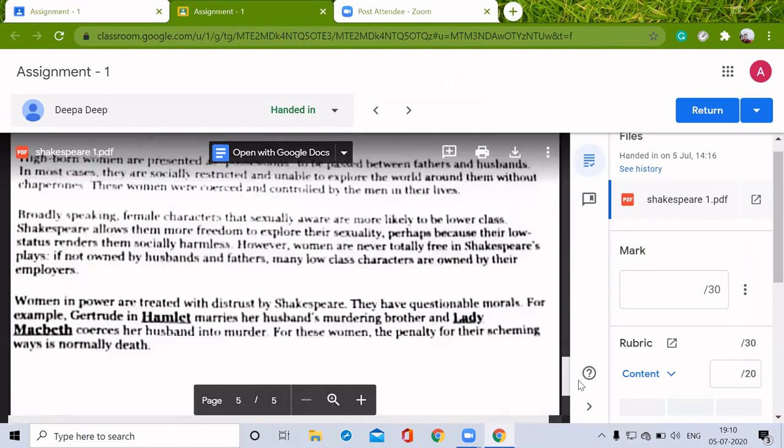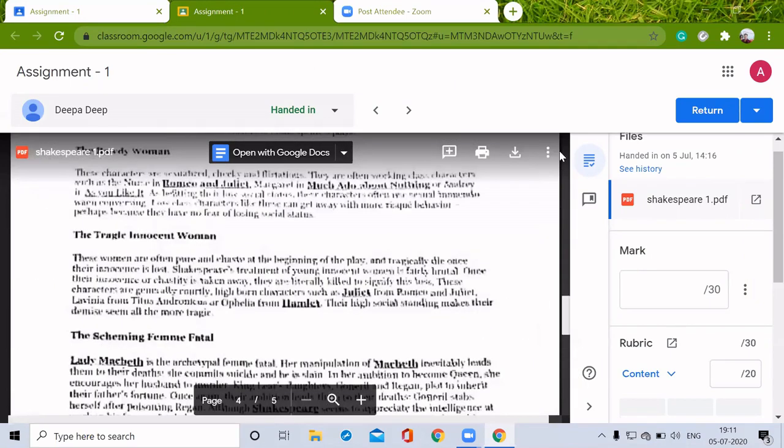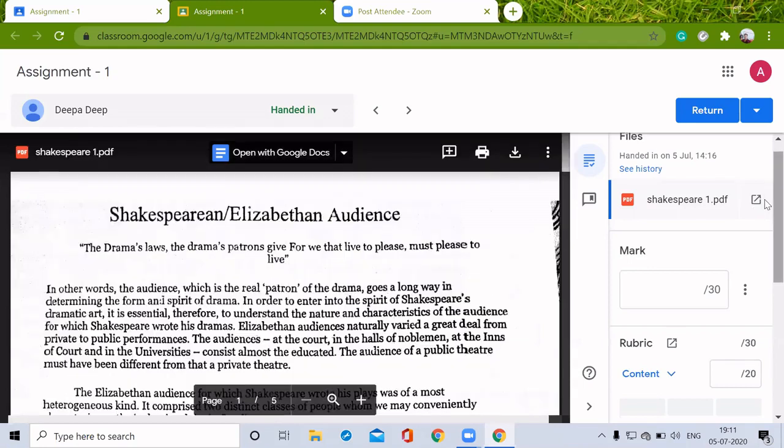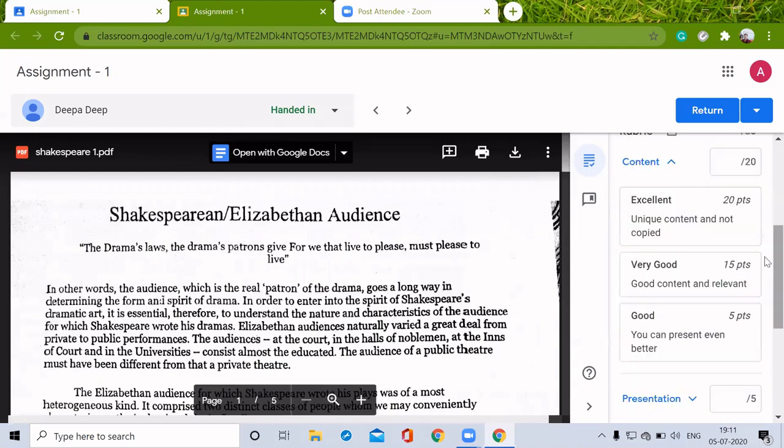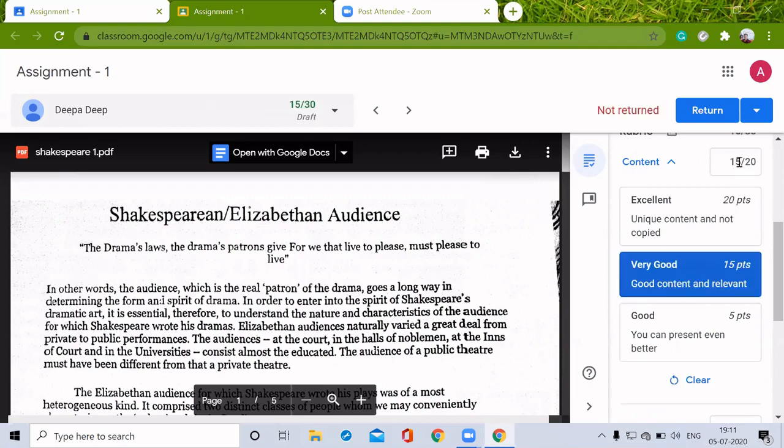I need to go through all these files submitted by our student. Then, here we can see the criteria. If I'm selecting just this one, it will be selected.